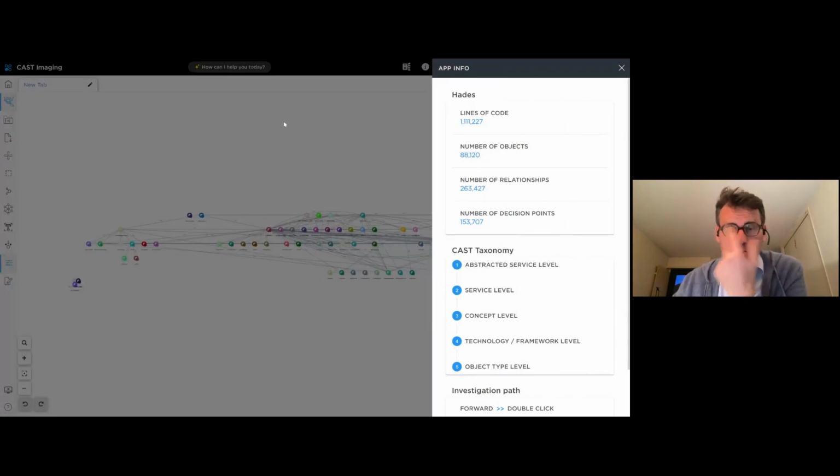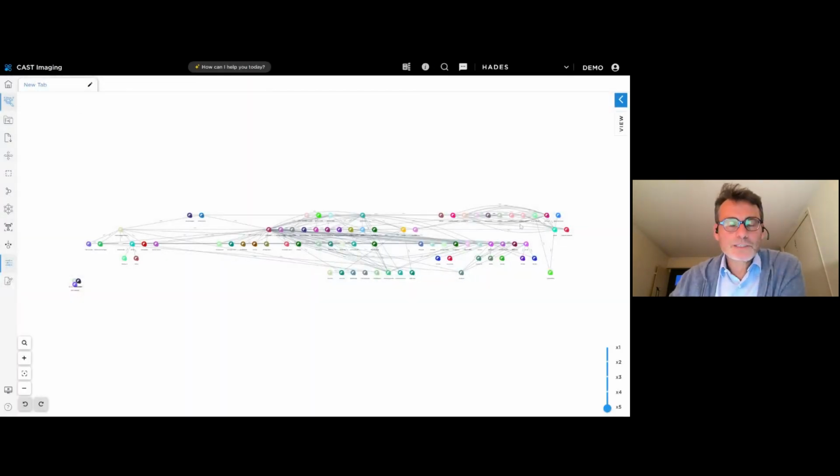We have customers who have something like 50, 60 million lines of code, and they are analyzing the application, and it's a little bit more complex than that. That's why we need the mechanisms that I illustrated and some other mechanisms to display the information without overwhelming them with tons of details, I would say. So one thing that we are also using from Ogma is